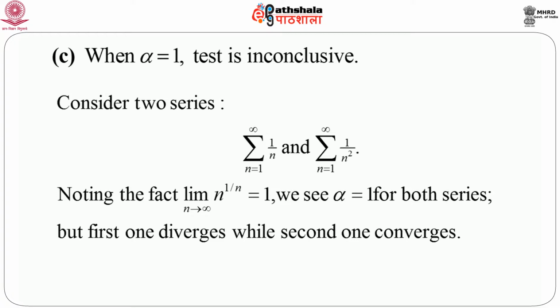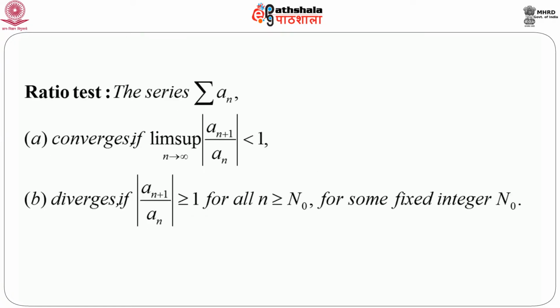So, for alpha equals 1, we get two different series, one convergent and the other divergent. Let us now consider the next test, that is D'Alembert's ratio test. Again, consider the series summation a_n. Now, this summation a_n converges if